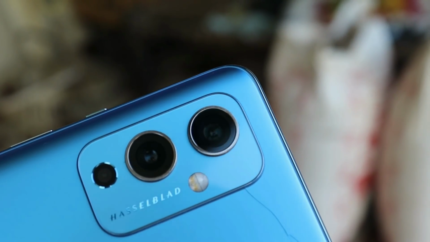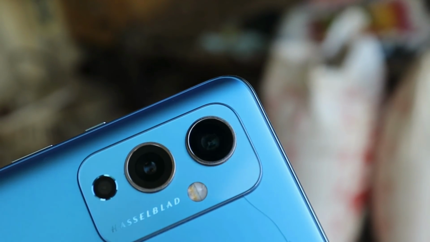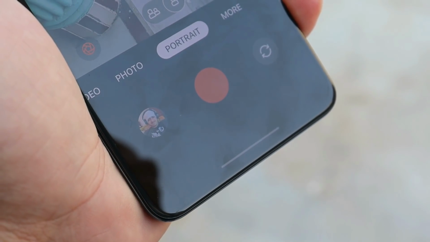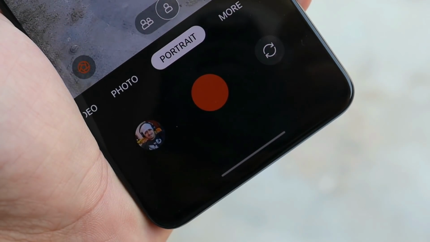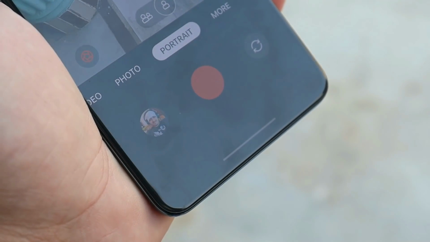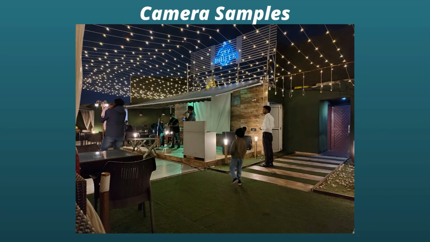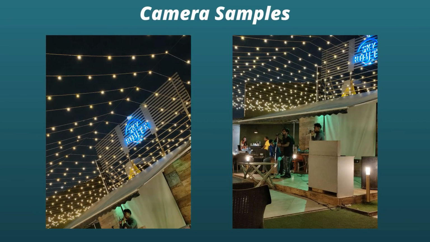Okay, now let's talk about the camera part. With previous updates of Oxygen OS 12 open betas, not everyone was happy with the camera performance. Though beta 3 had a bit of improvement in picture quality, I don't see much of a difference on stable Oxygen OS compared to beta 3. Overall, the camera does a good job in normal lighting conditions and even in low light. So personally, I don't have much complaint about the picture quality.